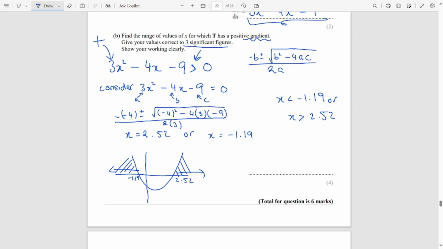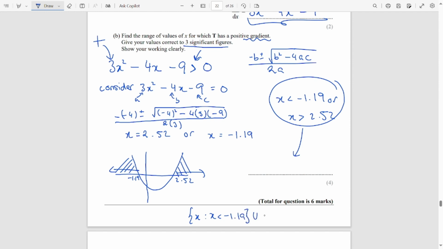Now, another little thing to consider is they could ask you for set notation. They didn't in this case, and they very, very rarely ask you for it in set notation. So we can just write this onto the dotted line, and that is the answer. If they asked for it in set notation, you would do some curly brackets and say x such that, and then I just write out that first inequality, x is less than minus 1.19,